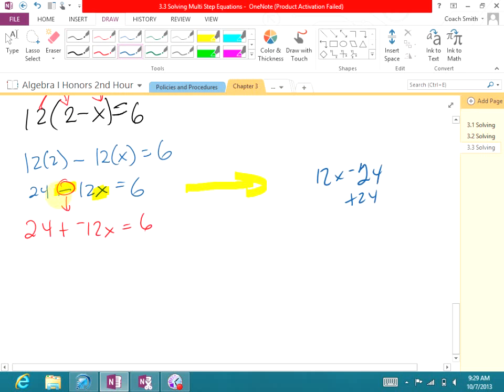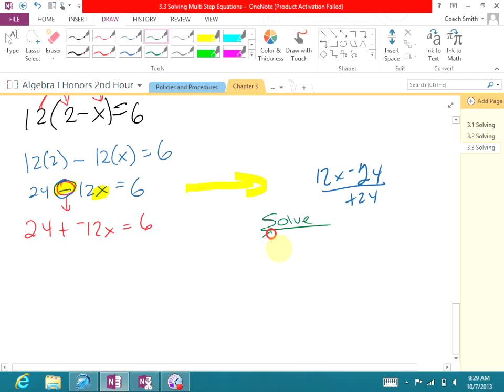The reason we're not doing it here is because I'm not subtracting 24 from 12x. Okay? This is subtracting 24 from 12x. Okay, in this problem, I'm subtracting 12x from 24. Okay, that's why I have to change it here, and I didn't change it at the other place. All right, so that means to solve this,